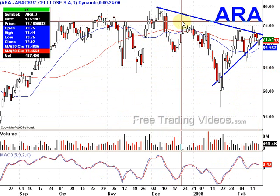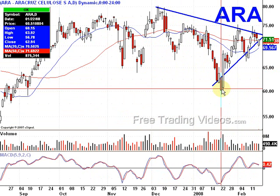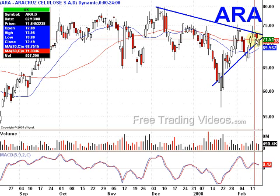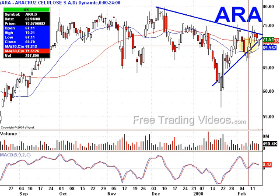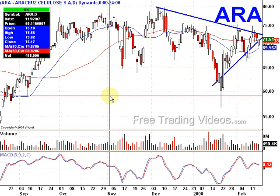Here's a typical symmetrical triangle. These could be bullish or bearish, with a few things that I am noticing here with these: gap down, run up, gap down, run up, gap down, run up. This looks like this should be more bullish than bearish, even though technically speaking these could go either direction. I do like the support that the moving averages are bringing in. So let's watch ARA and see what this one does. This should make a move sometime fairly soon. And we're going to take a look at